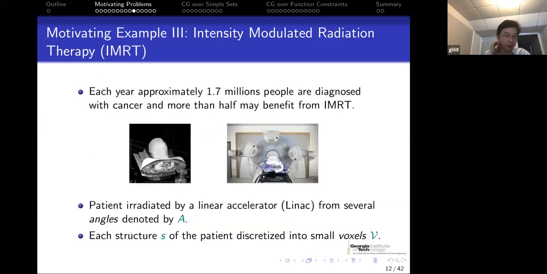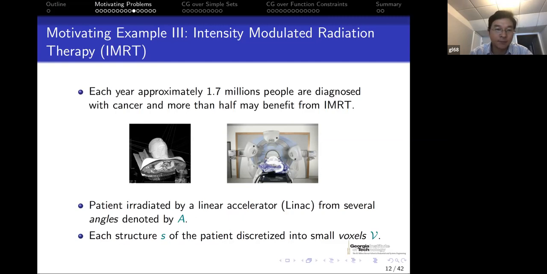So I will talk about one more example. The first two examples are popular, and both of them arise from data analysis or statistics. The last example, I think, is very interesting. It arises from the health industry. So you will see the sparsity and high dimension all have some physical meaning. This arises from the intensity